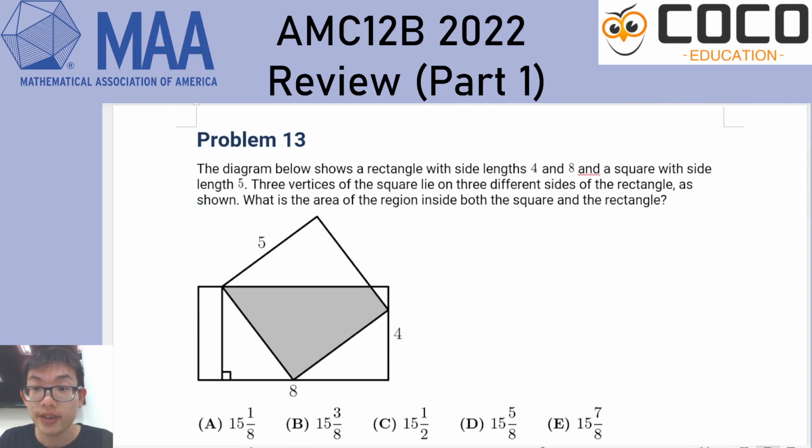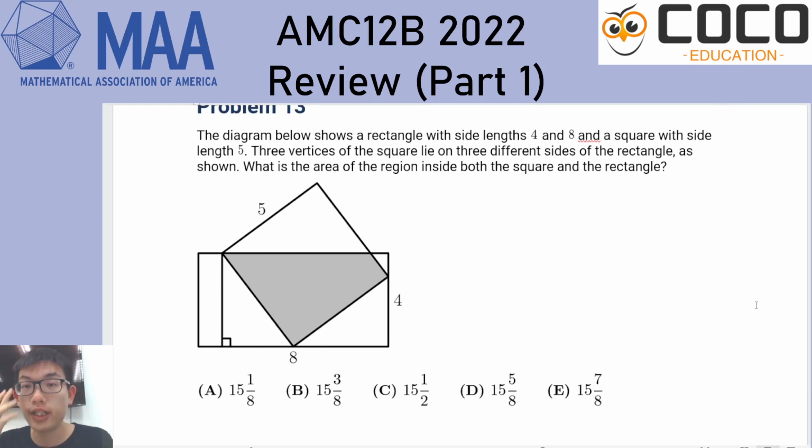Question 13. Diagram below shows a rectangle with side lengths 4 and 8 and a square with side length 5. 3 vertices of the square lie on different sides of the rectangle as shown. What is the area of the region inside both the square and the rectangle? So this is a 4 by 8 rectangle,